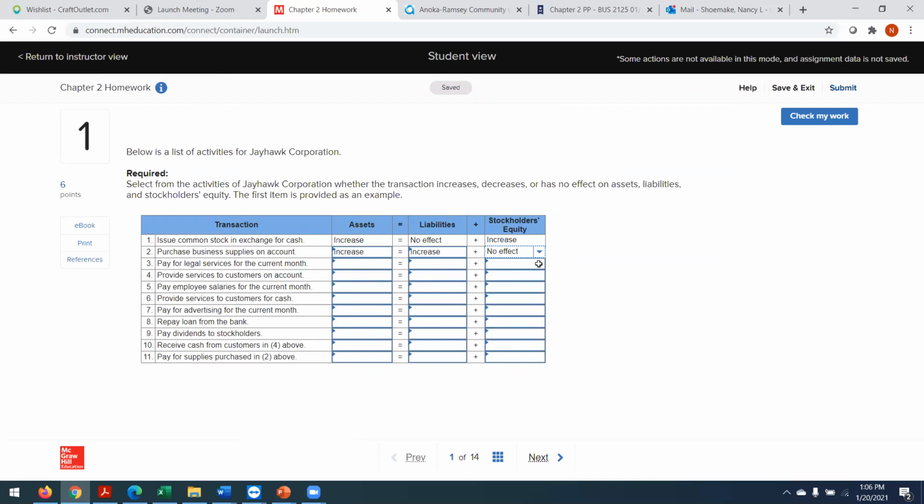Because it's a dividend, you're paying something out. It's actually not a dividend, it's an expense. But an expense reduces retained earnings. You're exactly right. So a decrease, no effect, and a decrease. Perfect. Let's look at